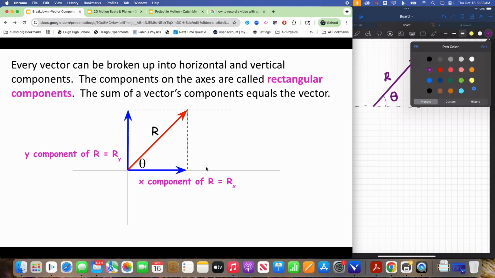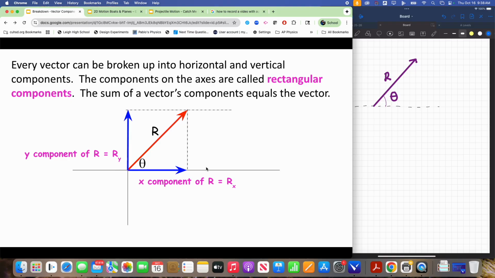So I want to know what is the horizontal vector that I can add to a vertical vector that will equal the purple vector. So the horizontal vector rx added to the vertical vector ry will give us the resultant vector